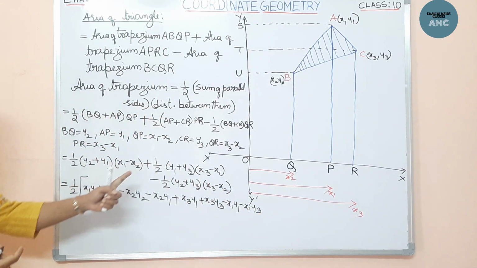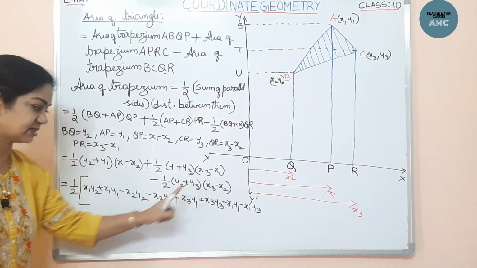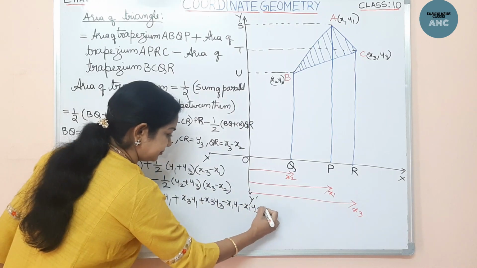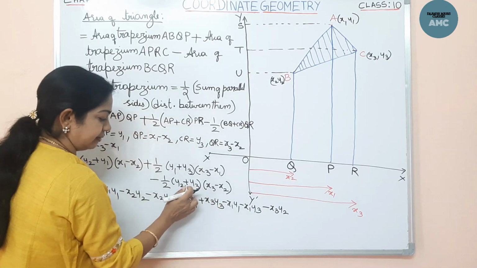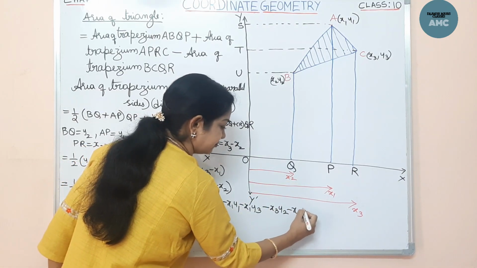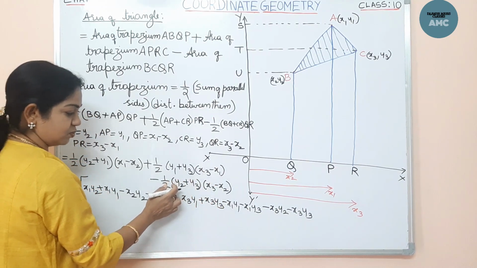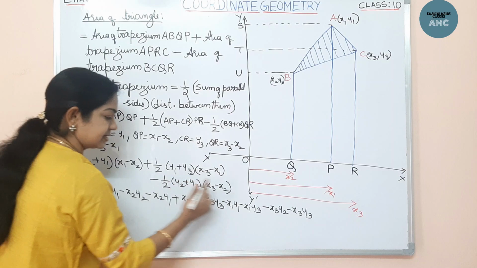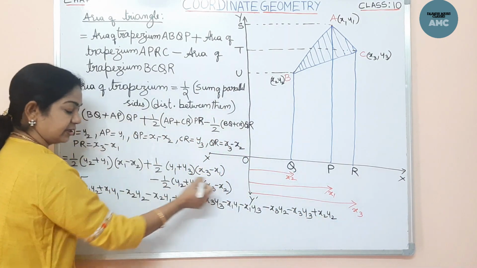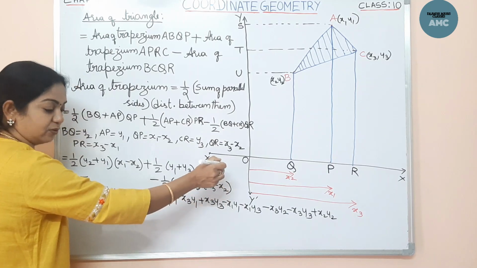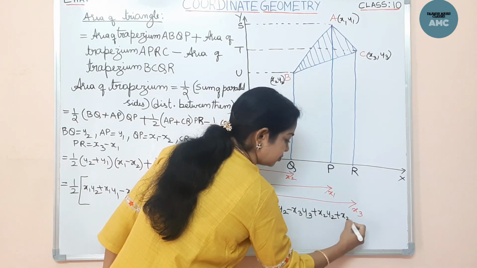Okay, all are plus terms, but the next one is minus term. Minus should be carried out to all the 4 terms in this. Here minus x3 y2. Right. Now again minus x3 y3. Now here again minus x2 y2. Minus and minus plus x2 y2. Here when you're multiplying, just minus sign should be carried out to all the 4. So minus x2 y3. So plus x2 y3.